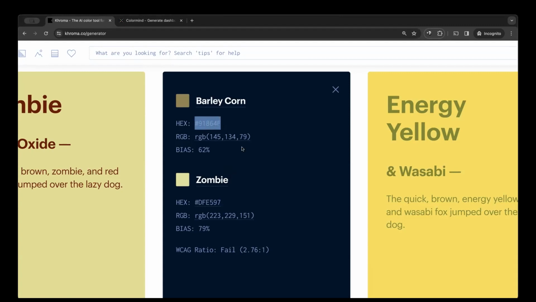So you can copy this, save it somewhere, and say, my developer, these are the colors that I want to use. And you can take a screenshot